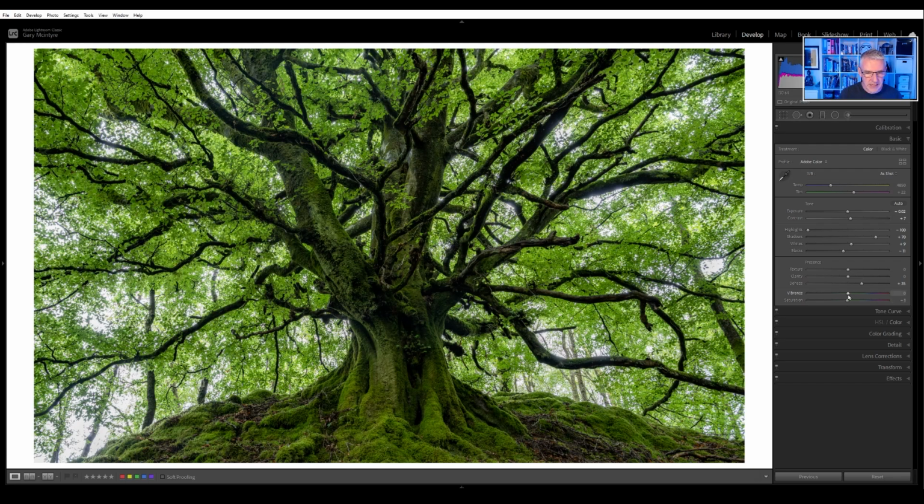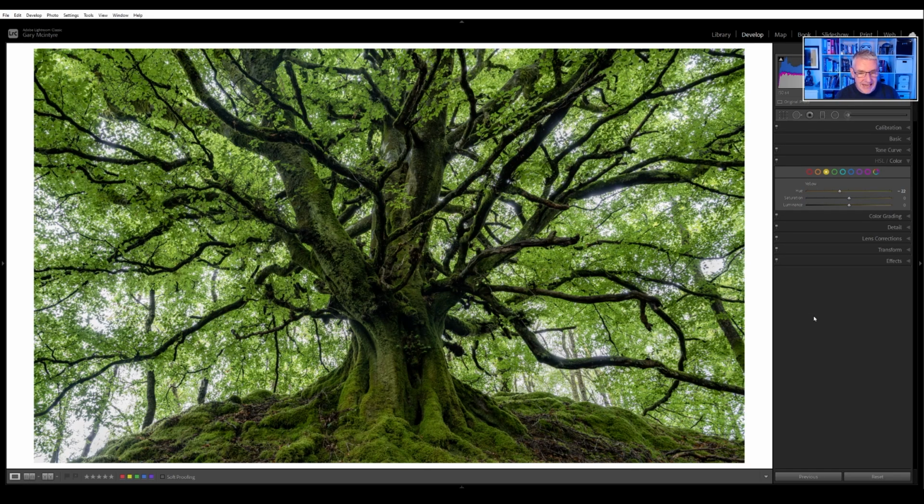There you go. And then it was +14 for the vibrance. So if I just zoom through the vibrance, you'll see what happens with the image. Now, it was vibrant when I took it, but not just as vibrant as that. Plus, I want an image that is quite pleasing to look at. So I am actually going to just take that to there, and I'm going to bring the saturation back about there. So that's me. The next thing I am going to do is I'm going to get into the detail, and